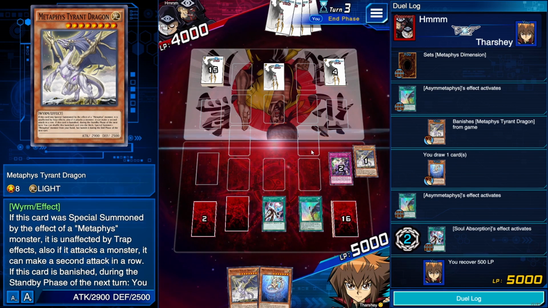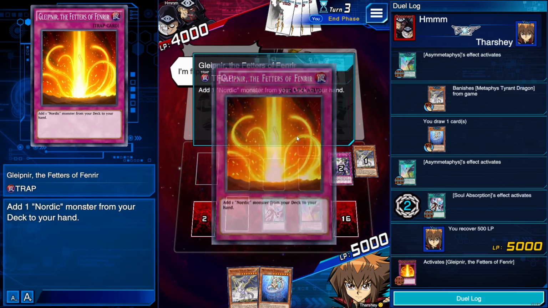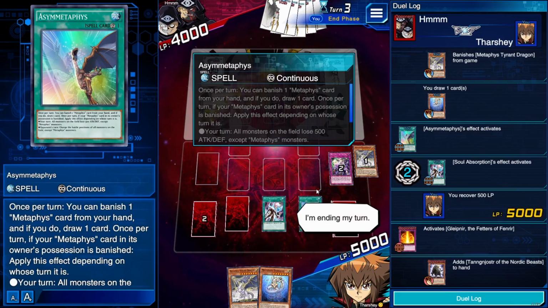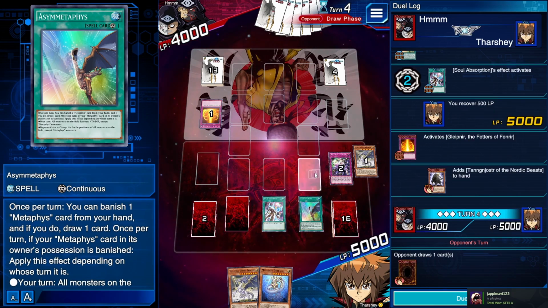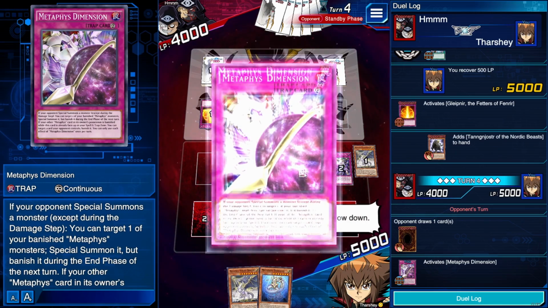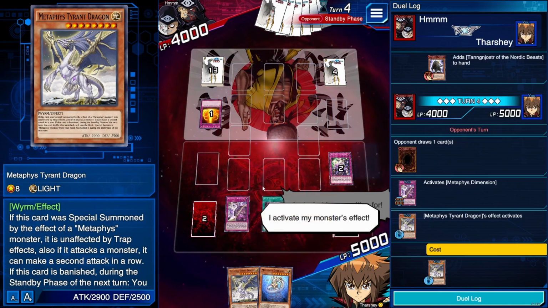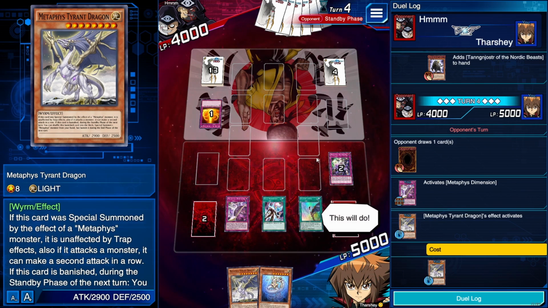We're not going to bring anything down on field yet, but that's fine because we've gotten our cycle starting. Okay, what does he have? Okay, it's just this. He's going to add a Nordic monster to his hand. That's fine. Okay, now he's going to play. We're going to do that. Perfect. I'm going to activate Tyrant Dragon. Unfortunately, he doesn't have anything on field yet because we're playing it before his thing. So we're going to bring our second Tyrant Dragon on field